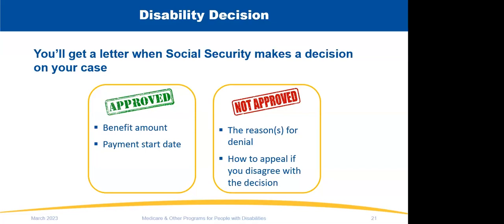there sometimes is a need to recontact the applicant after we get the approval from DDS, to make sure that the income, resources, and living arrangement has not changed within the time that it took for the application to be approved. But after the recontact, if it's necessary, they will get a subsequent notice that's going to have that information: the benefit amount, the payment start date, and how the benefit amount was figured. If the application is denied, they'll receive the denial notice. It'll have the reason that the application was denied, and it also provides the appeals rights.